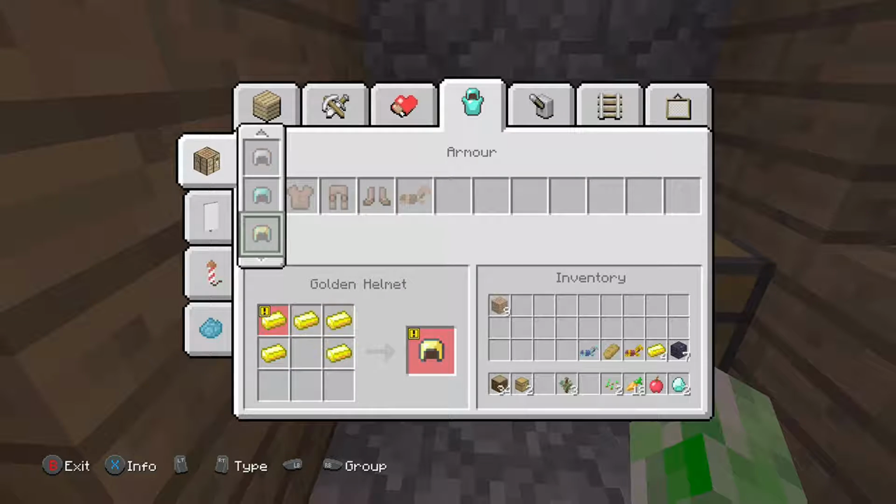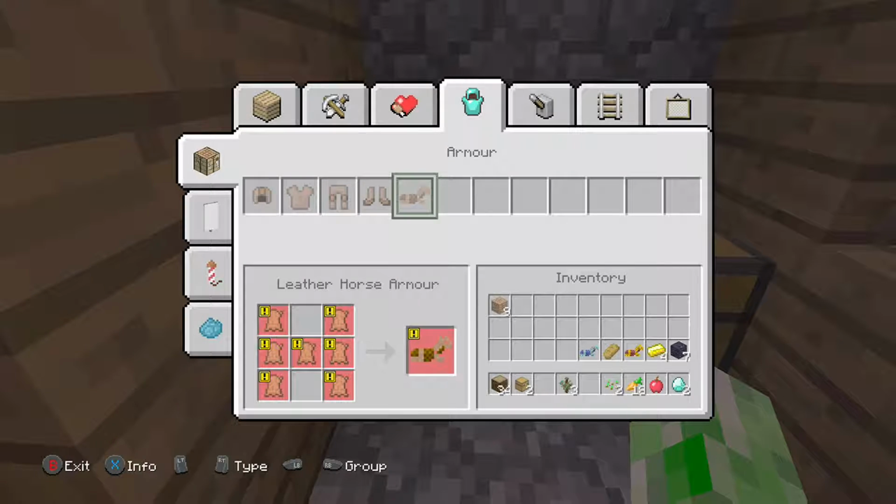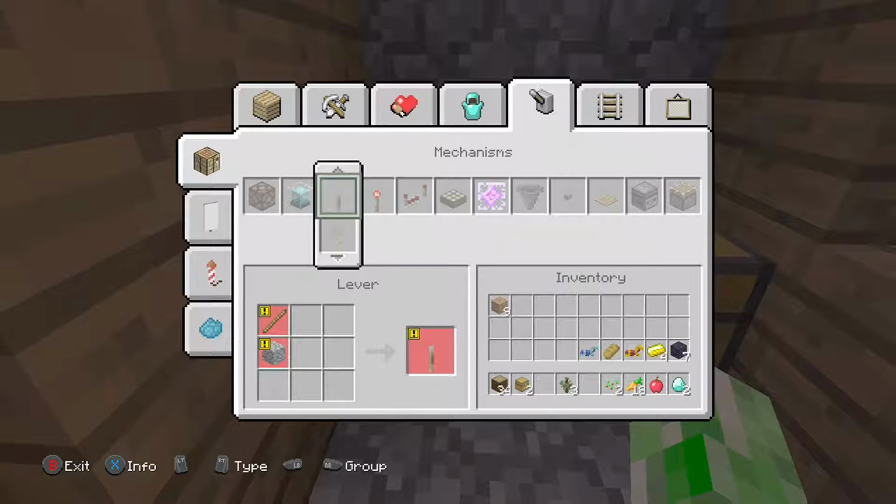Next one is armour. So this way you can make all your armour and stuff. Like I said, pretty easy. You just need the right tools for that. And also you can make leather horse armour as well, which is quite good. Next one is the